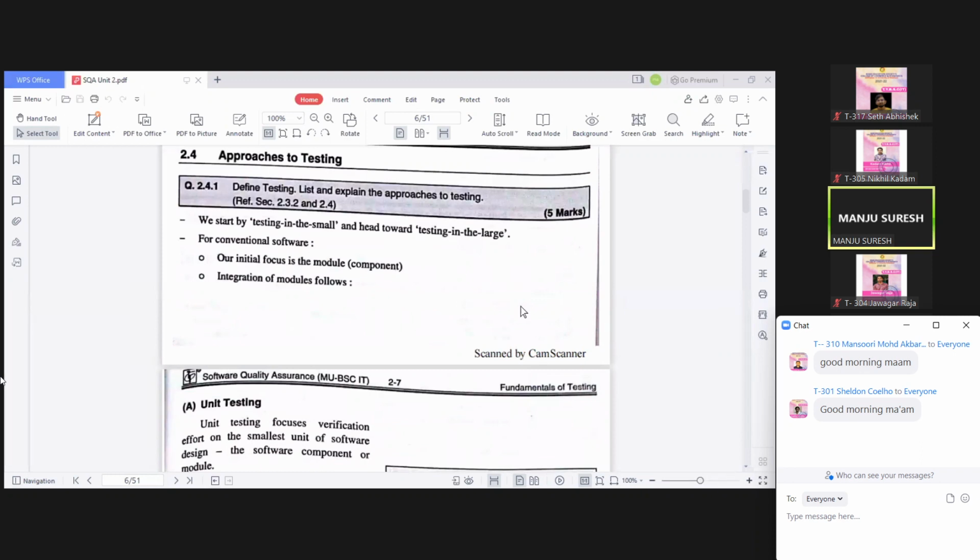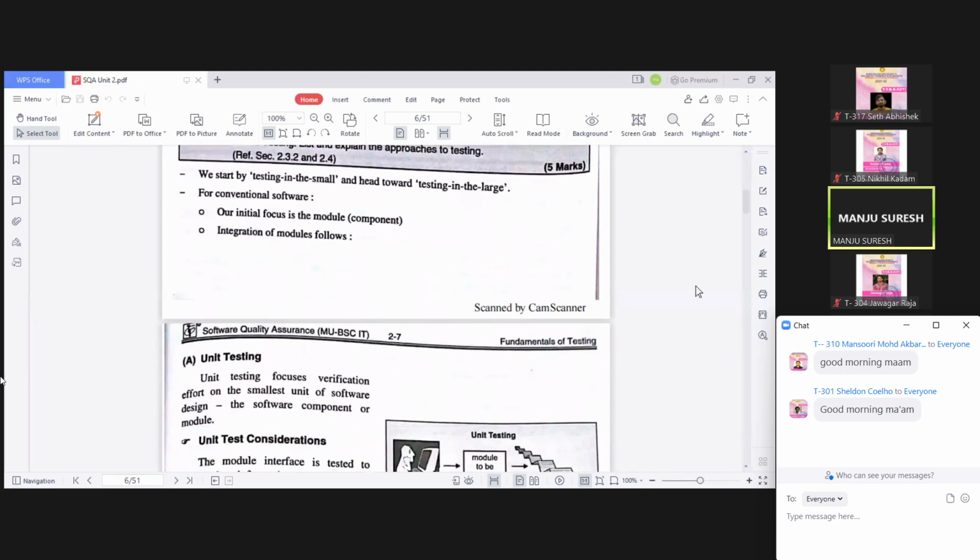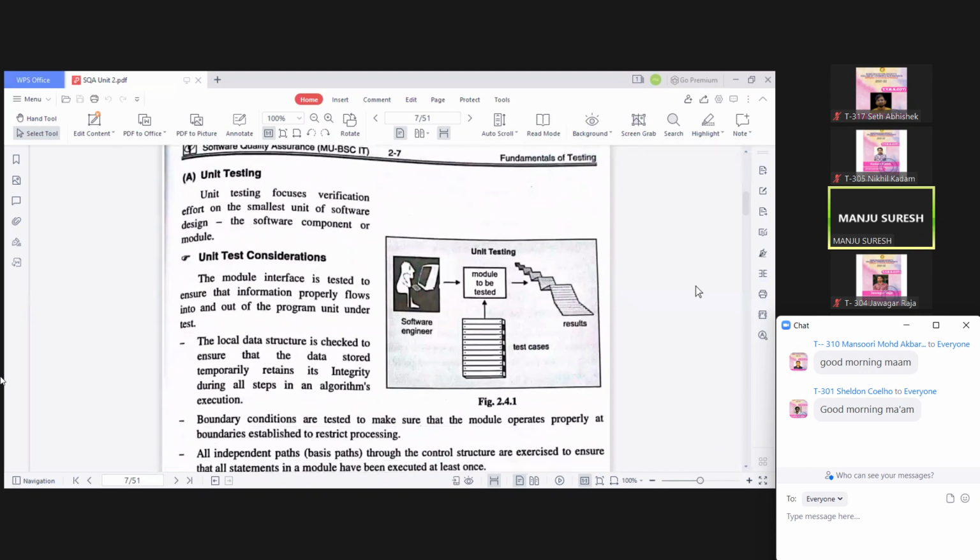Now, this we have already discussed regarding unit testing. Okay, what is unit testing? It focuses the verification effort on the smaller units of software design, or you can say it is testing of a simple component or a module. Okay. We have already done what are stubs and drivers. Remember what are stubs and drivers? We have done it in our software engineering topic. What is a stub and what is a driver? Anybody? Who remembers this? And why do we make use of stubs and drivers in unit component testing? Any idea?